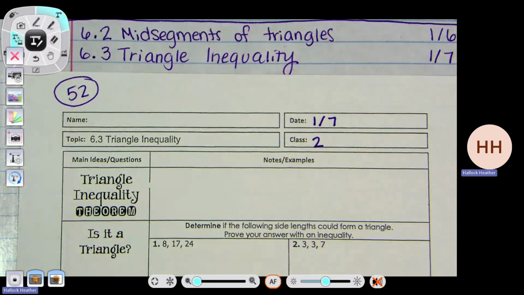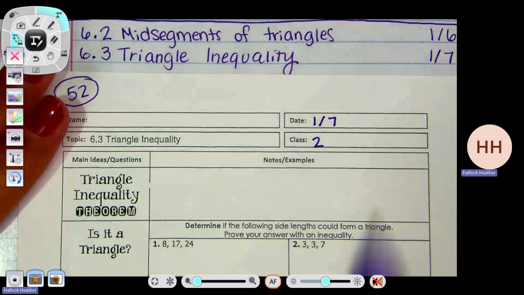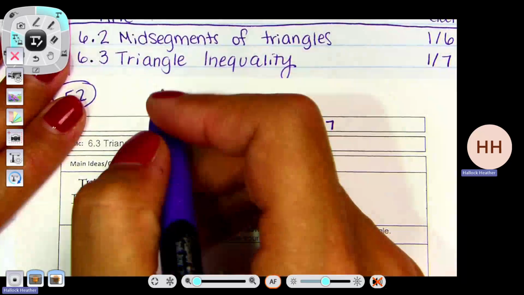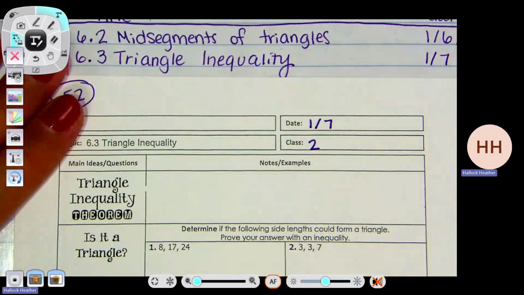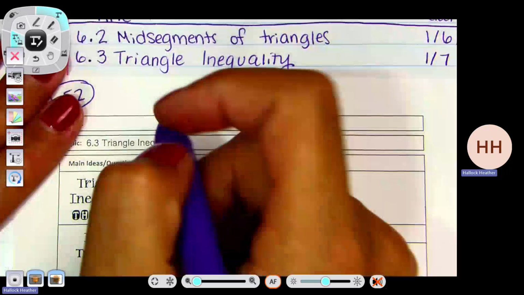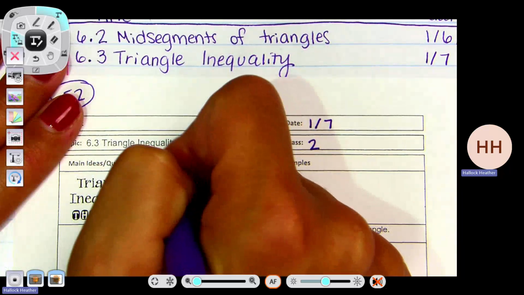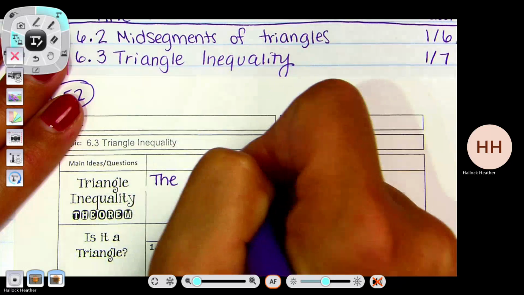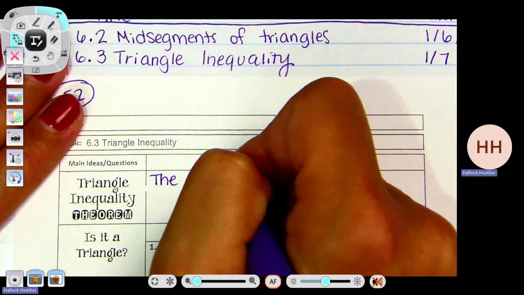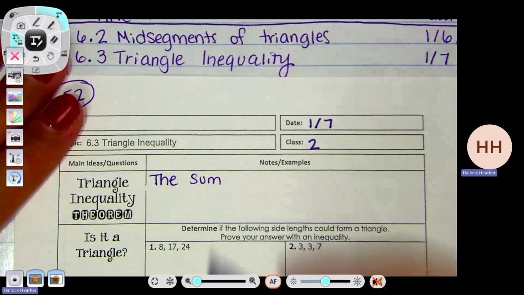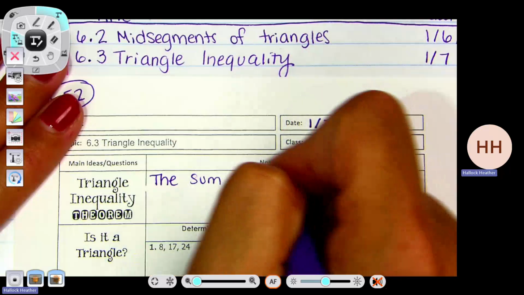Okay. So in the little box, we're gonna write a sentence. For the triangle inequality theorem, basically, we're gonna say that the sum of the two smaller sides need to be larger than the third to create a triangle. So the sum. What's sum mean? Yeah, addition, the answer to an addition problem. So the sum of the two smaller sides